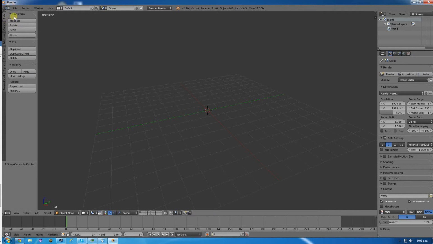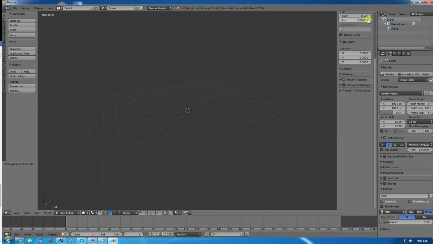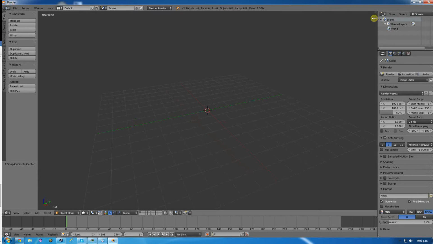On the left hand side, we've got all the tools that we're going to use. These tools are relevant to object mode, but if I go into edit mode, I don't have anything to edit at the moment, but if I go into edit mode, those things will change. Over here on the right, if I push the N key or click this little plus button and bring it out,